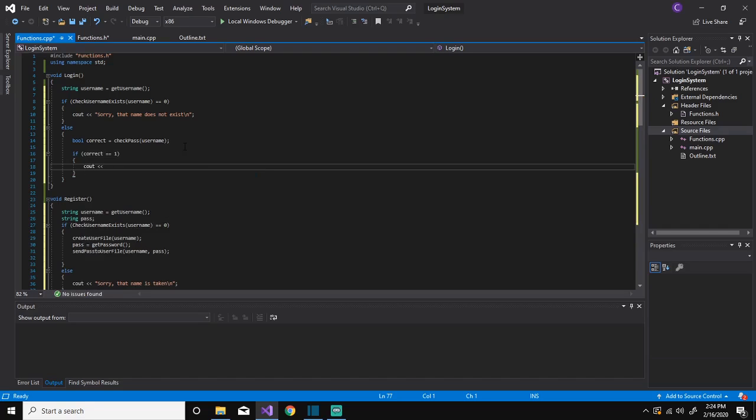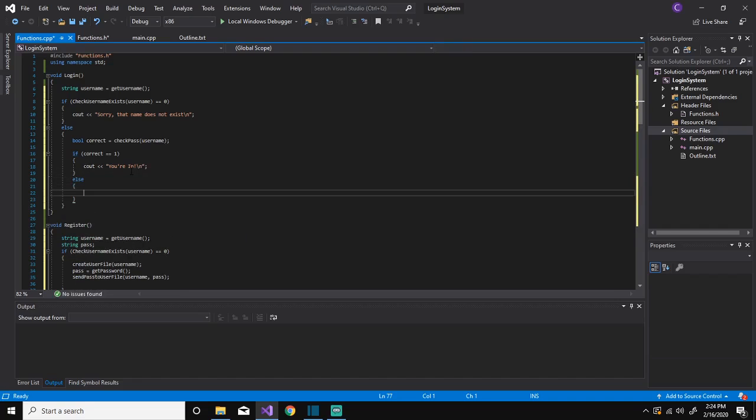we'll say you're in. So cout you're in exclamation and L. Okay, else the password was wrong, so else, and we'll say cout wrong password and L. And we want to do something if it's the wrong password, and that's where our main menu function